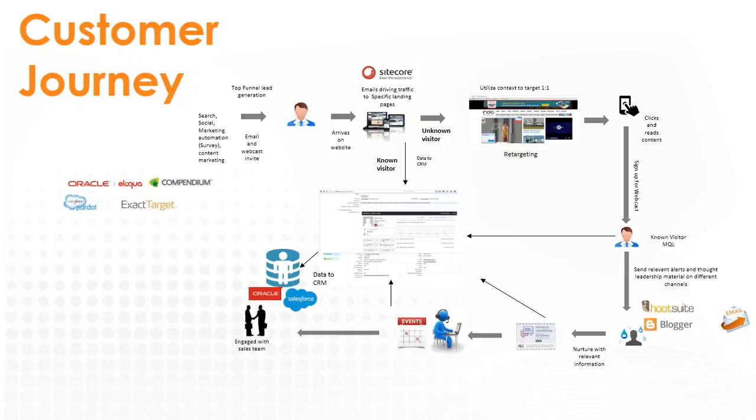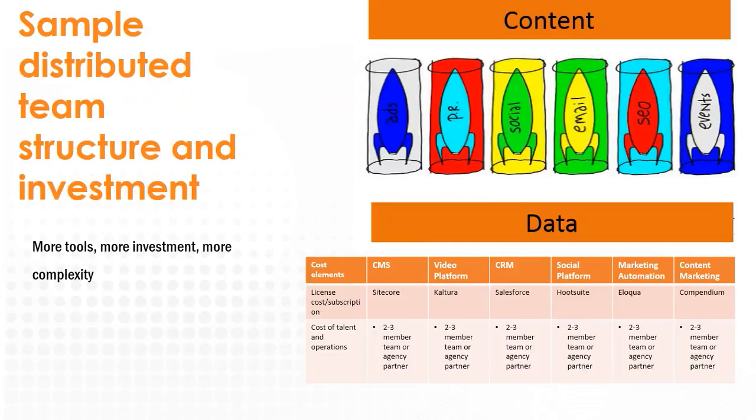And so the point that I was trying to make is that there are multiple tools involved, and a lot of marketing organizations are already using multiple tools to be able to target prospects and customers across their journey. Now we go back to the concept of the distributed team and the structure and the investment required. We just saw a sample customer journey where there were multiple tools involved. And now if we look at a CMO or an SVP's marketing spend, just purely in terms of marketing technology,